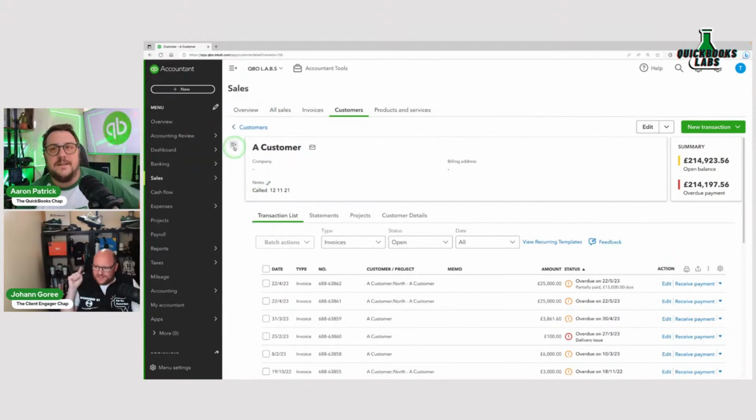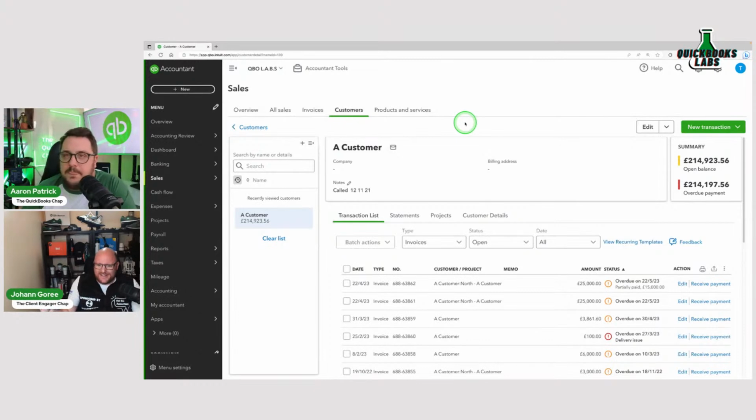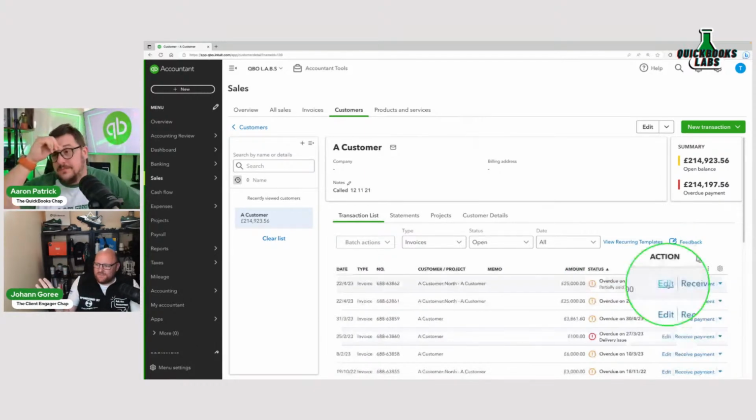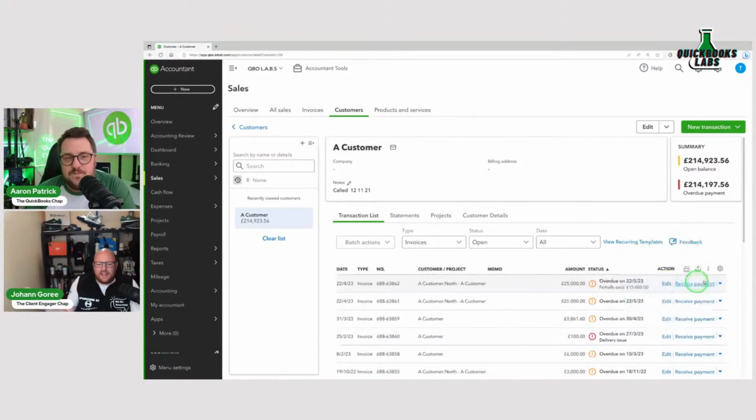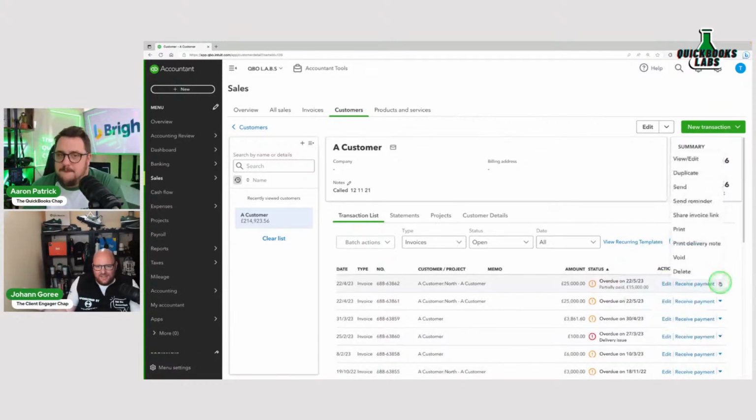I've got a huge amount of appreciation that they've got rid of that bloody pencil and put the word edit. I don't know why, but I hated that. For some reason, I just hated that pencil icon. I've got no rhyme or reason for it. But I think there used to be the edit word there, and then they made a few adjustments and put a pencil there. And then when you press that pencil, it upset me, and I don't really know why. But it's there now, and that's all good.